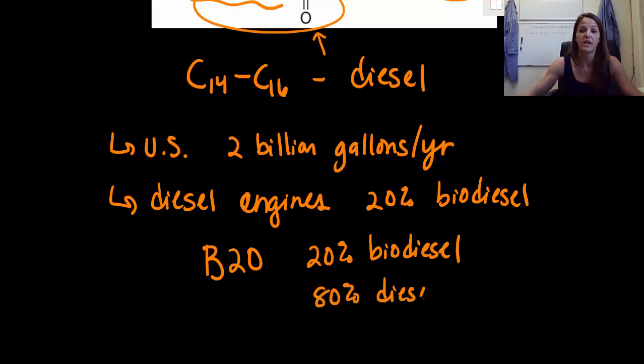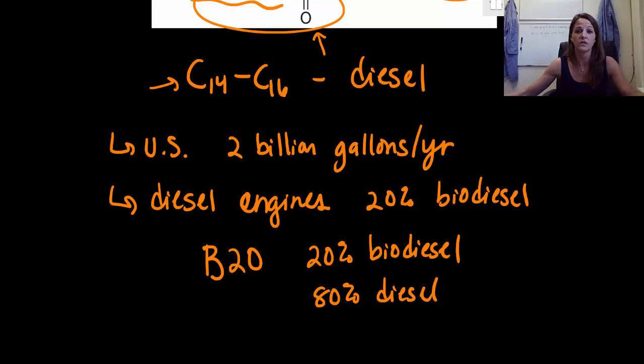Now, I want to point something out right now. The difference between our biodiesel and ethanol is that biodiesel works with a diesel engine and ethanol works with a gasoline engine. So it's two completely different types of engines with two completely different types of fuels. You're never going to take biodiesel and put it in with a mixture of regular old gasoline. That's just not going to happen. Remember, gasoline has hydrocarbons of around 5 to 12 carbon atoms, whereas diesel, like we said, was 14 to 16. So it's a big difference.